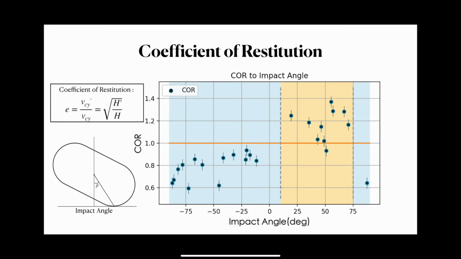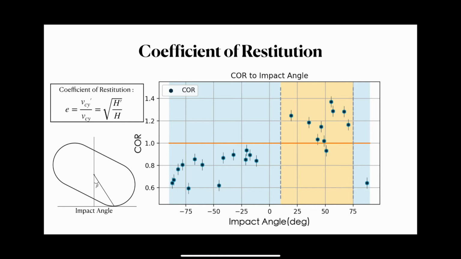And also, to talk about the angle of collision, we define the coefficient of restitution to see if the theory checks out. And as you can see, the coefficient of restitution, which we have defined to be the square root of h prime over h, which is the final height over the initial height, only exceeds 1 at certain impact angles between 16 degrees and 75 degrees, which largely fits